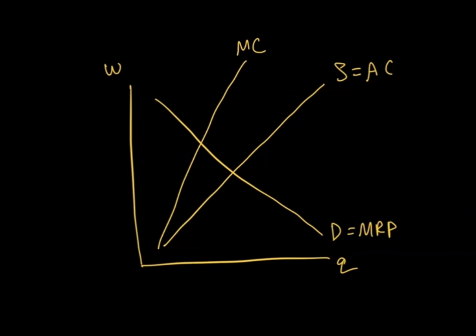And then we decided that we hire workers at MC equals MRP. Wages are down here, and that's your competitive wage. The most important thing is the minimum wage in this. So why is it really good to have a minimum wage in a monopsony compared to the other one? Is it because they're already paying much less than equilibrium? Yeah, they're exploiting workers really badly.